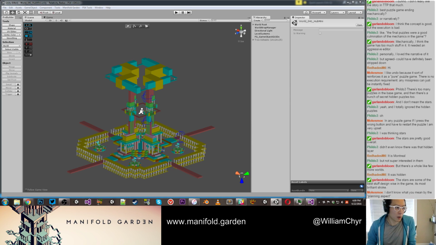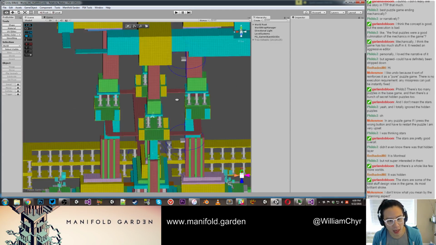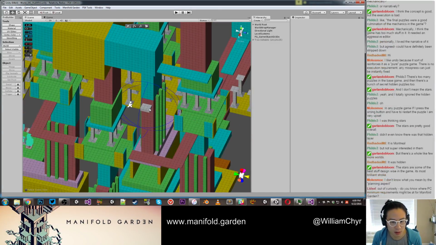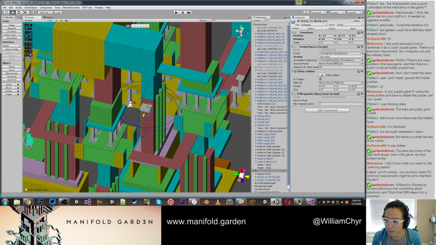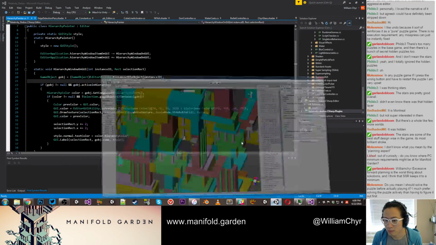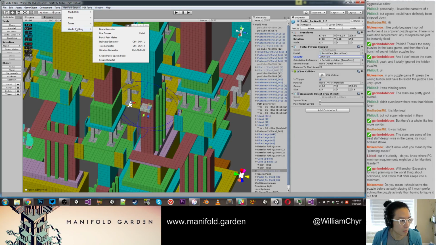Like with Portal, some of them you're like, okay, I'm going to do this first, I'm going to do that, and then I'm going to do that, and then you execute it. And I think there's something to that, having to read the situation first. Excessive forward planning is the worst thing, and I think